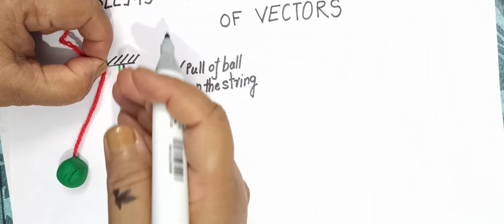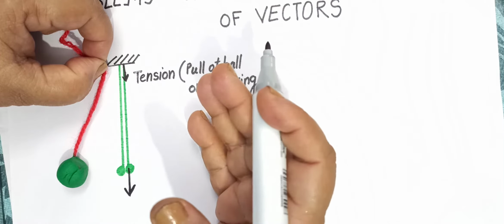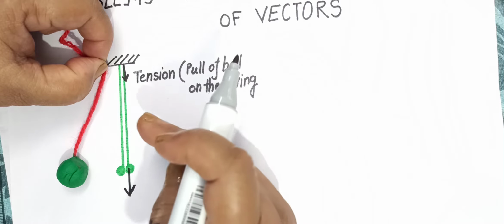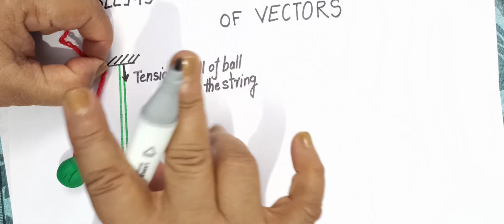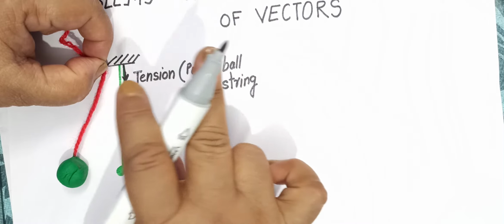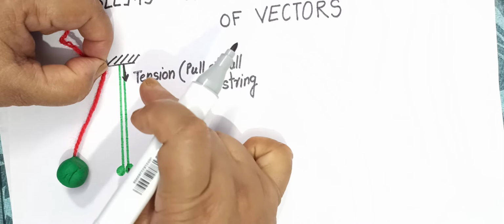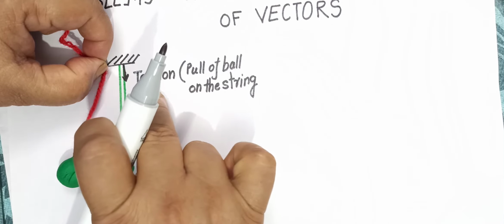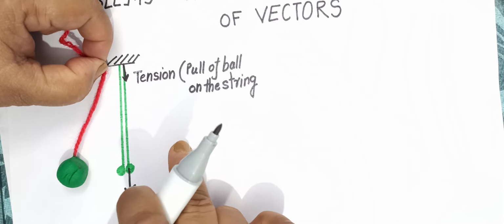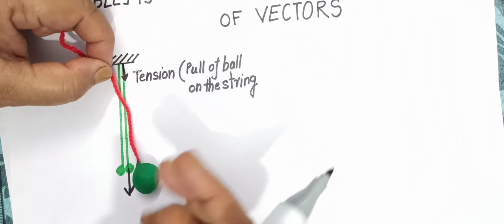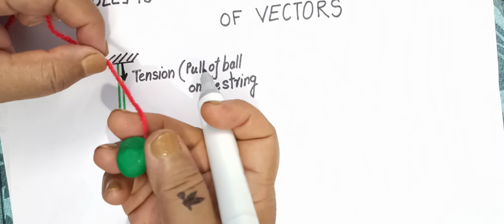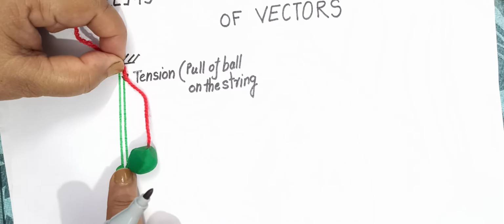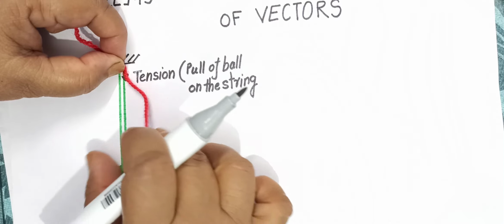So the ball is pulling the string down, and the reaction will be, if the ball is pulling the string down, the string will pull the ball up. The two parties, ball and string: the ball pulls the string down, then the reaction will be of the string on the ball. So here if you hold this ball, try to feel what the ball is feeling on your fingers.